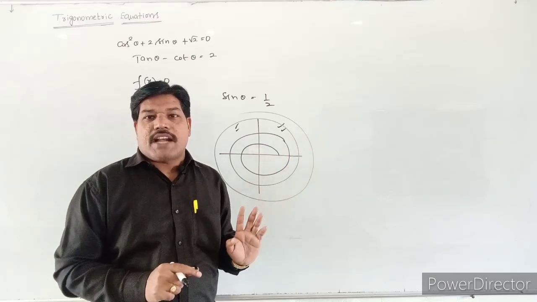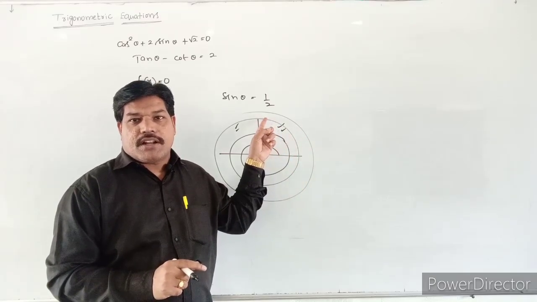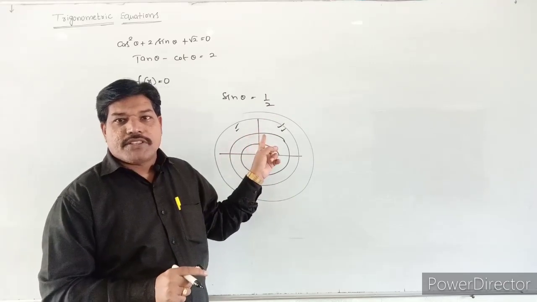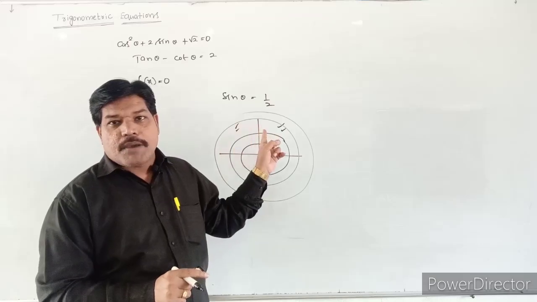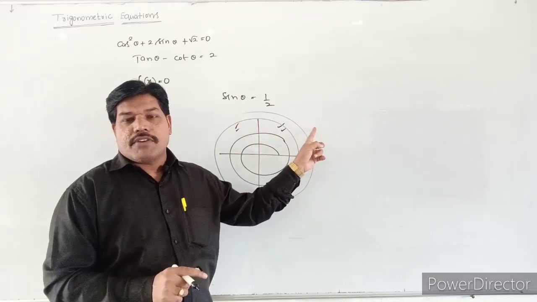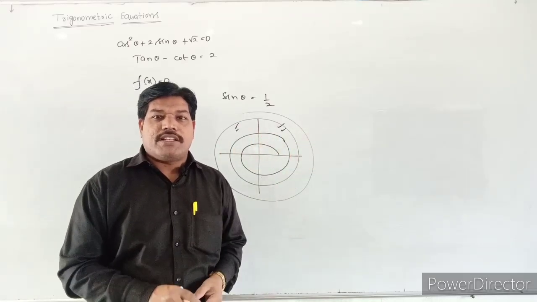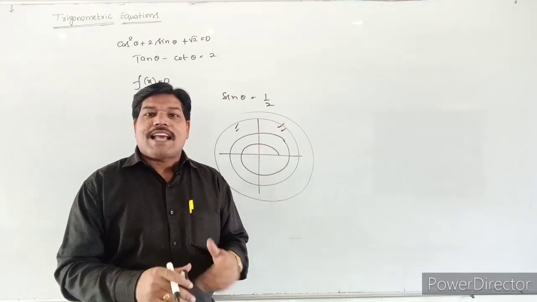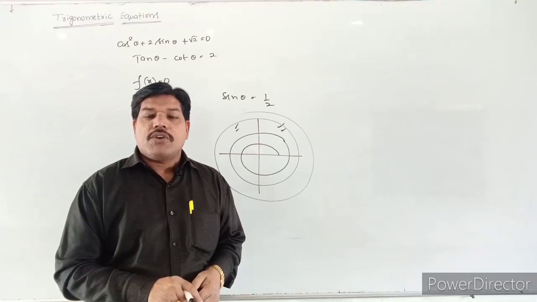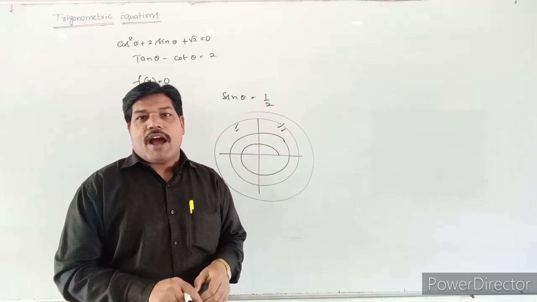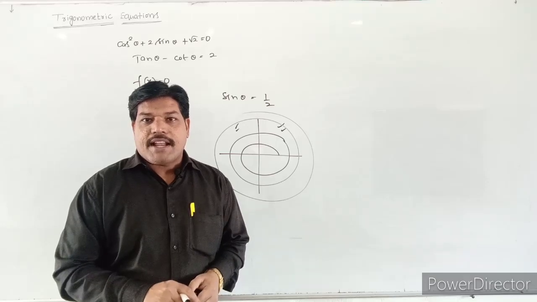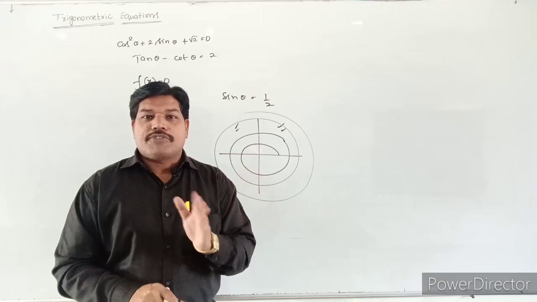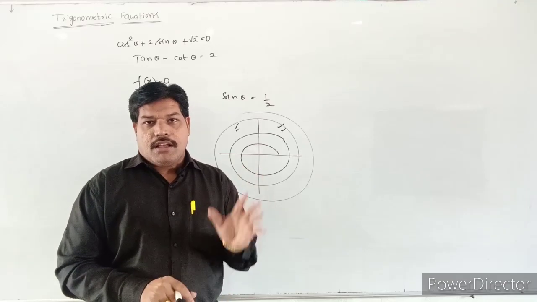All these solutions will satisfy the given equation. So here also pi minus pi by 6, next 3 pi minus pi by 6, next 5 pi minus pi by 6. All these are the solutions of the given equation. That means there are a number of solutions for the given trigonometric equation. So the general solution means we have to get all the solutions and write them as a set. That set is called a general solution or set of solutions of the given trigonometric equation.